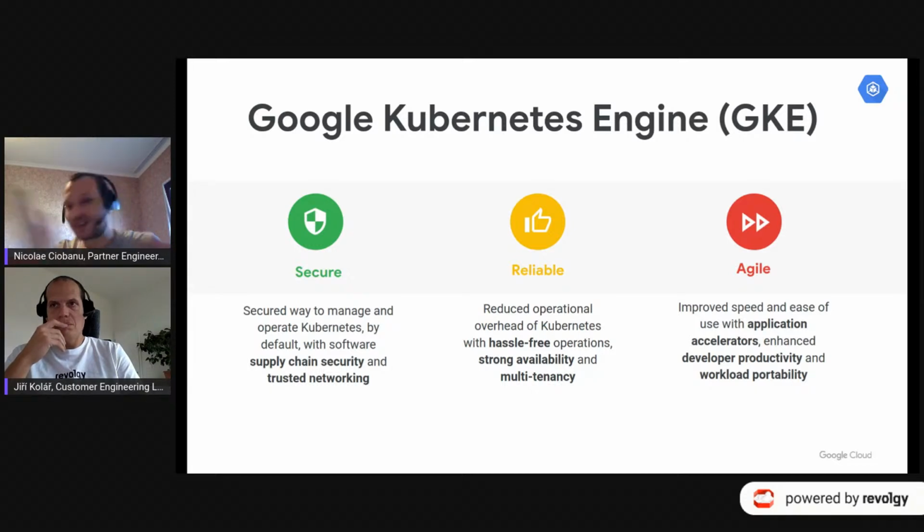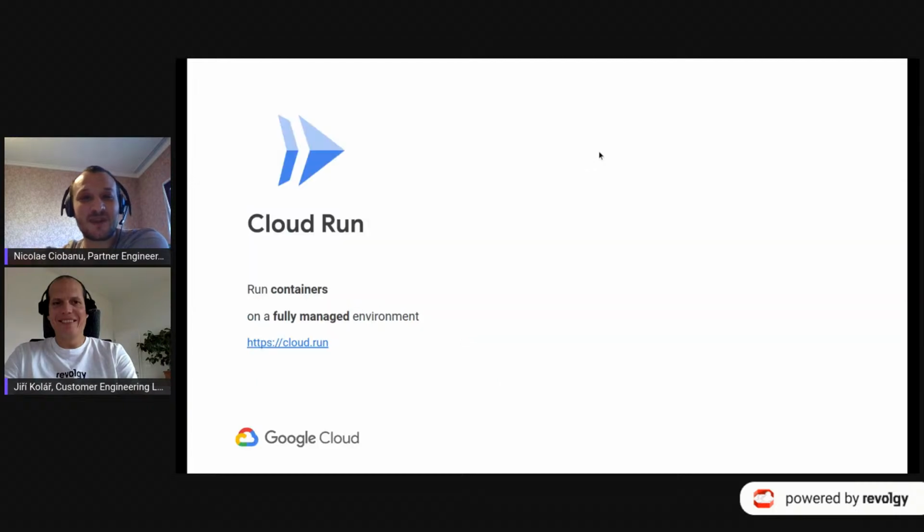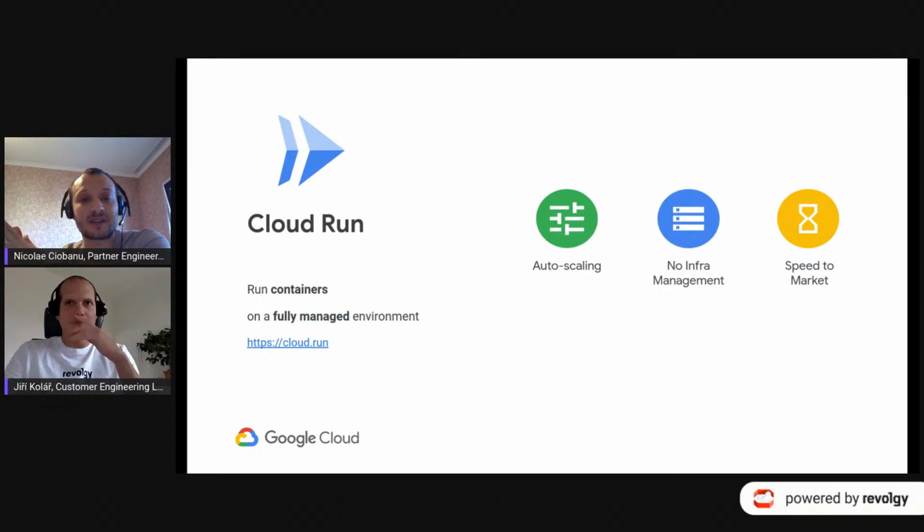If you want to know more, also Revolgy and Jiří can have another session with you, and you will like the product. So if to move to the next one, it's CloudRun. So actually, CloudRun, it's a managed compute platform that enables you to run containers that are invocable via requests or events. So CloudRun, it's serverless. It abstracts away all the infrastructure management, so you can focus on what matters most: building great applications. Everything else, it's on our side, and you don't need to worry about this.